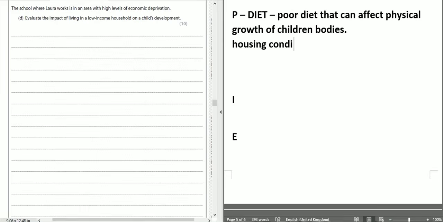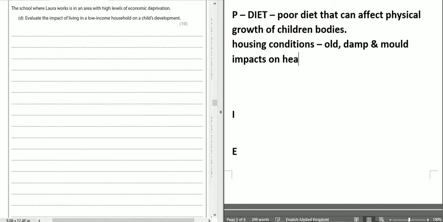So more likely to experience things like cold, damp, and mold. So again, these can have impacts on health. Obviously, particularly conditions like asthma are more common in children from low-income backgrounds or living in poor housing conditions. And otherwise, the only other one I thought about, maybe overcrowding,